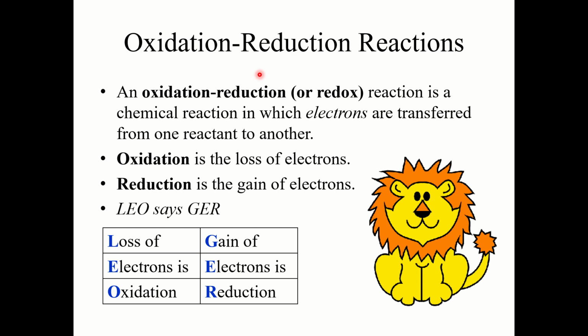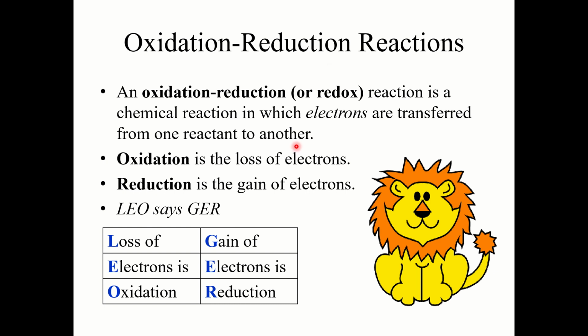Let's continue with the second half of section 7.2. Here we are going to look at oxidation-reduction reactions. So an oxidation-reduction reaction, or commonly referred to as a redox reaction, which is the word that I'll be using from this point forward. So a redox reaction is a chemical reaction in which electrons are transferred from one reactant